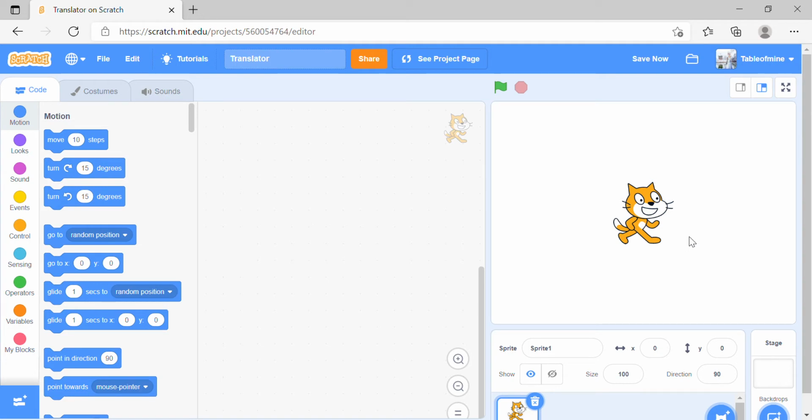Today we are gonna create a translator with Scratch. Are you ready? So if you are ready, let's begin. So I am gonna use this cat sprite as our translation sprite. Okay? So I name it translator